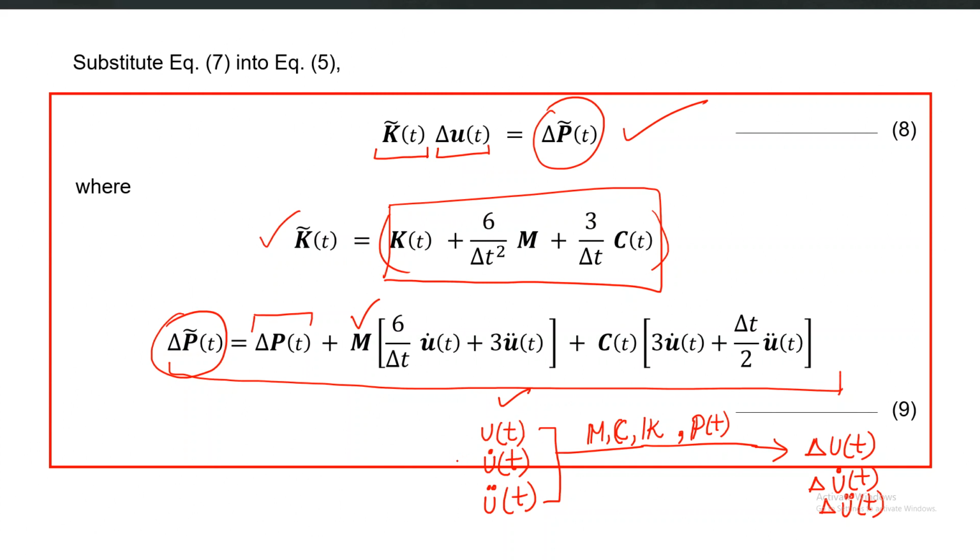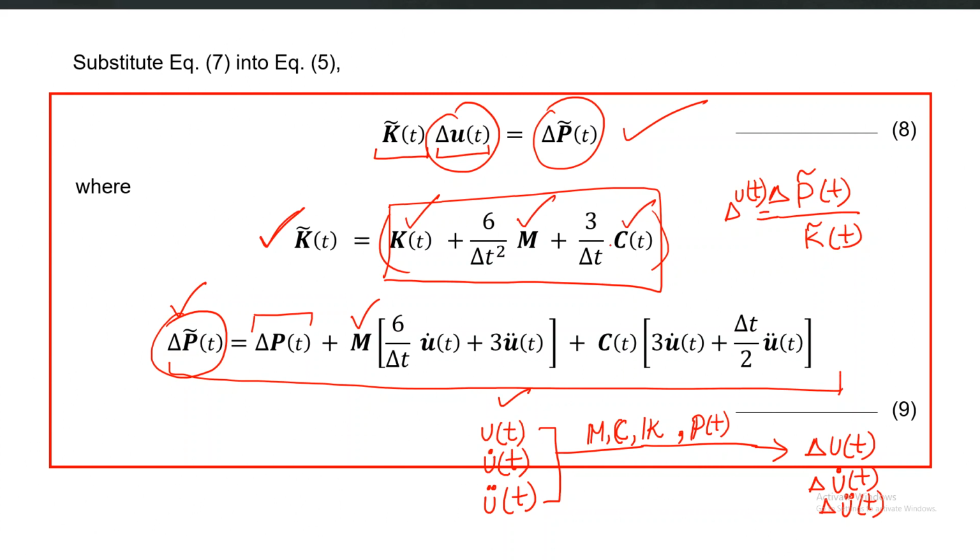So if I summarize this, and obviously you know that delta u of t can be calculated by simply dividing delta p prime of t with k prime of t. So this will be simply delta u of t. So you have to simply calculate delta p prime and delta k prime, in fact k prime, and k prime also is a function of the original k matrix, basically the instantaneous tangent stiffness matrix if the structure is nonlinear. The original mass matrix and the instantaneous tangent damping matrix if the structure is nonlinear.